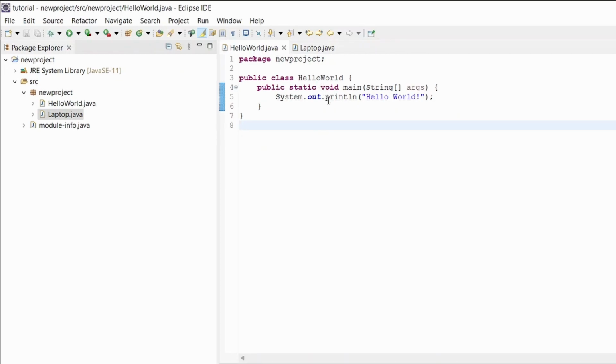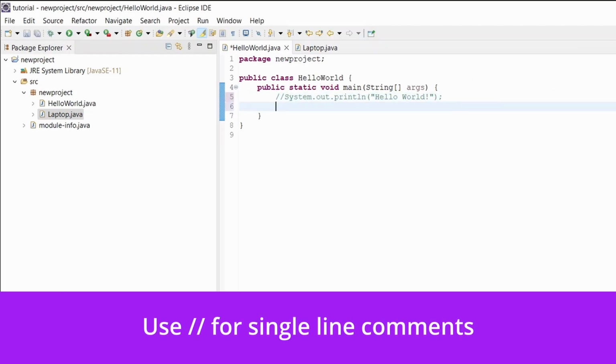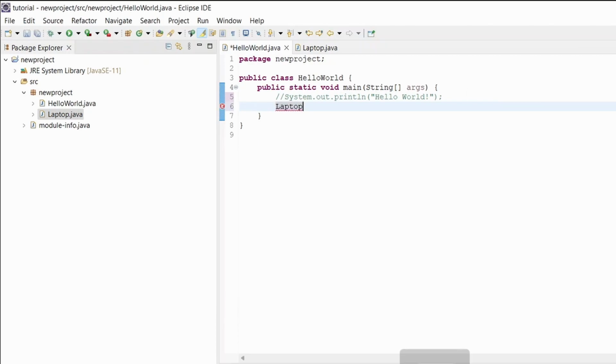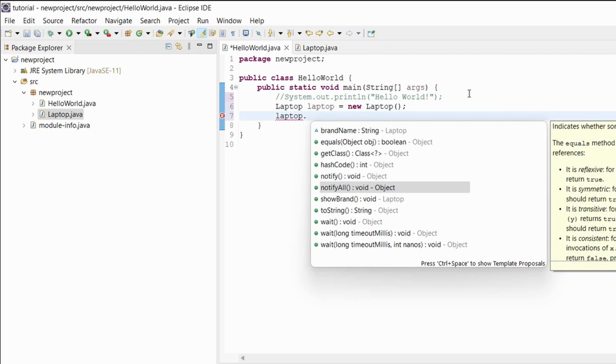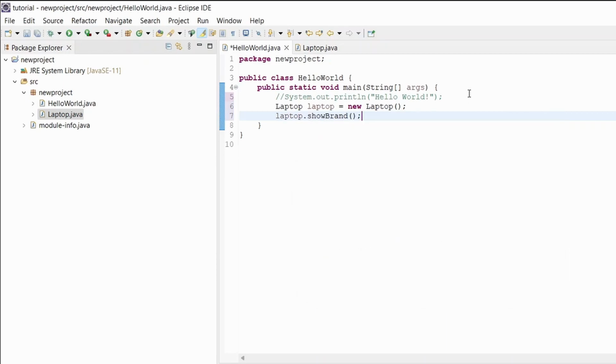Same in the hello world, we have also used the void keyword in the main method to signify that this method returns nothing. Now, instead of printing the hello world, we are going to create an object of the laptop class and use its attributes and behaviors to do some task. Let us see how. To create the object, we are going to use the new keyword. Using the object of the laptop class, we are going to call the showBrand method, which should show us the